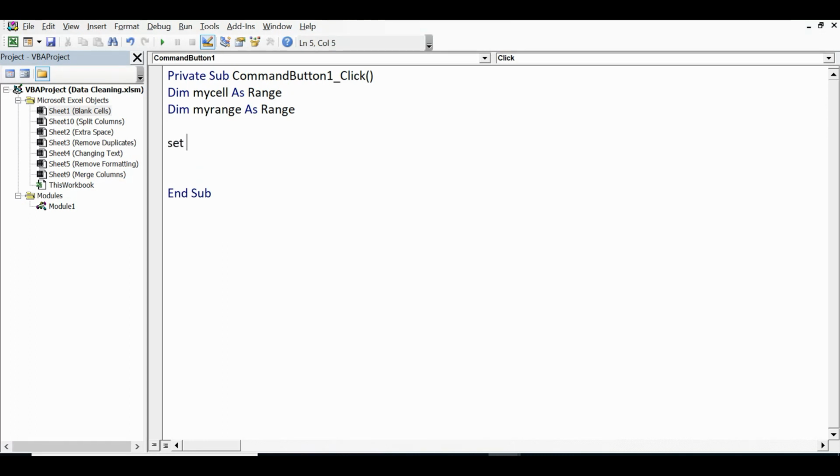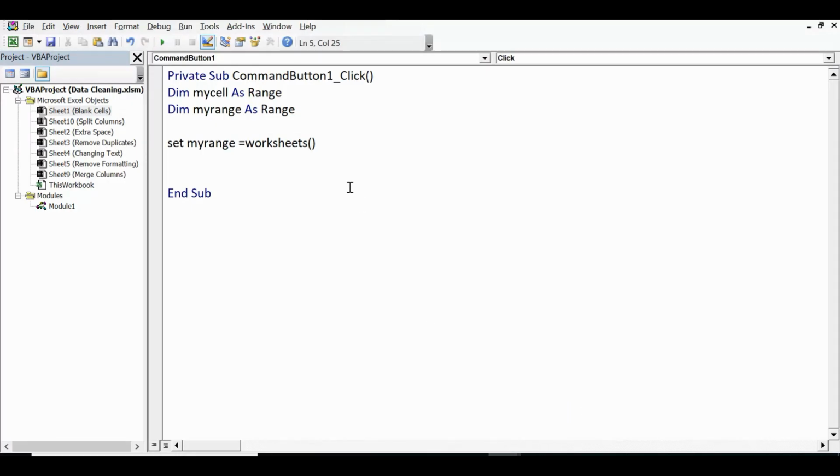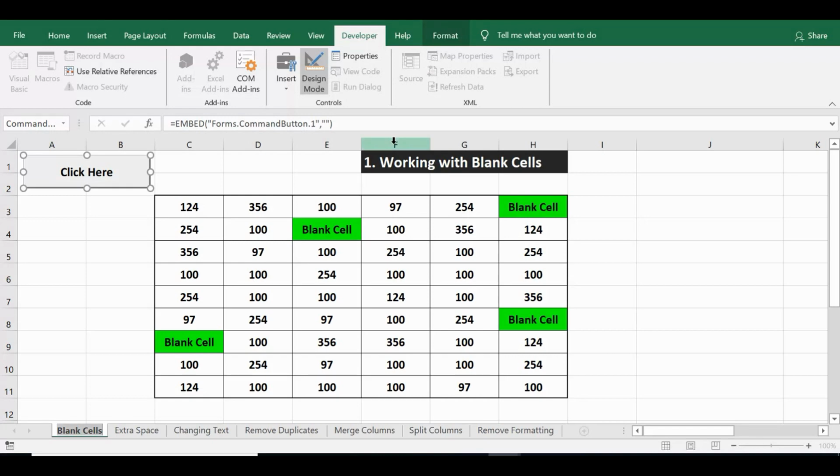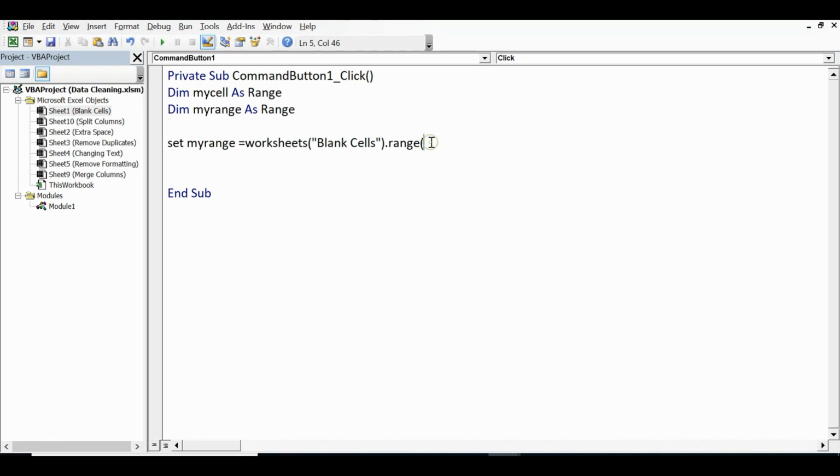and third line is Set myRange equal to Worksheets, within brackets. I need to give the name of the sheet. So let me go to Excel sheet. We have the name as blank cells. So the sheet name is blank cells within inverted commas. Sheet name dot Range. So we have data from C3 to H11, dot Range within inverted commas C3 to H11,